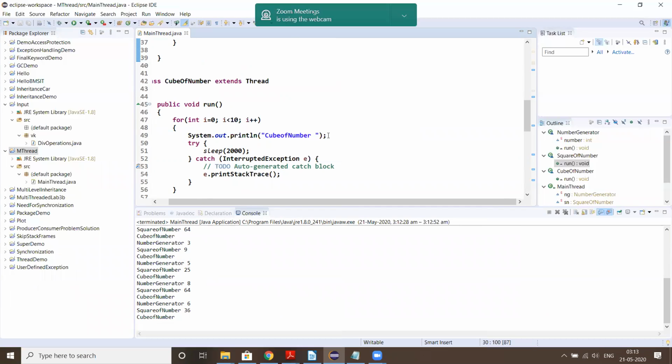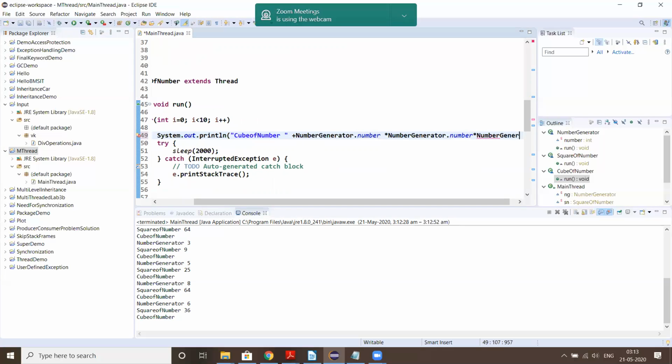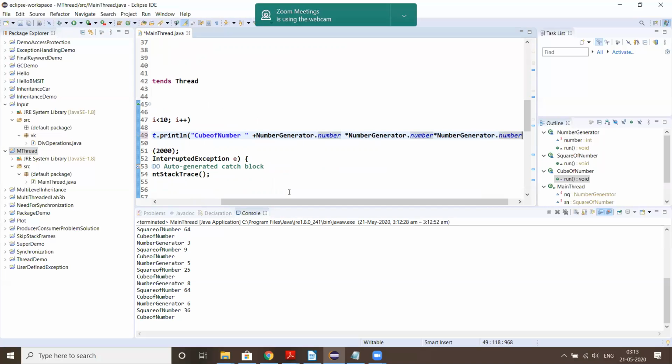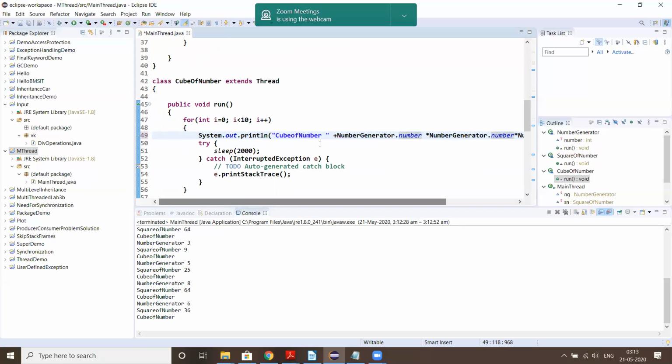So here, the cube of the number, I need to multiply one more time by number generated dot number. So this would generate the cube of the random number generated.